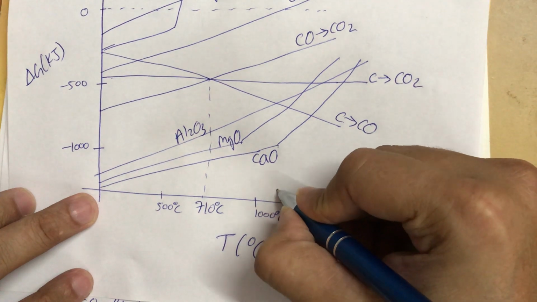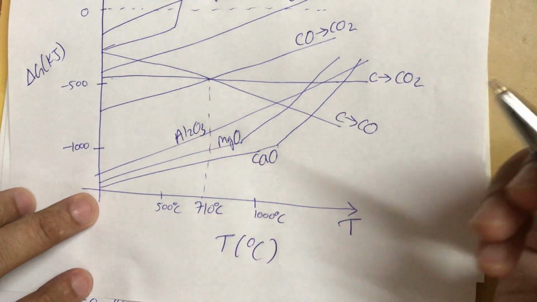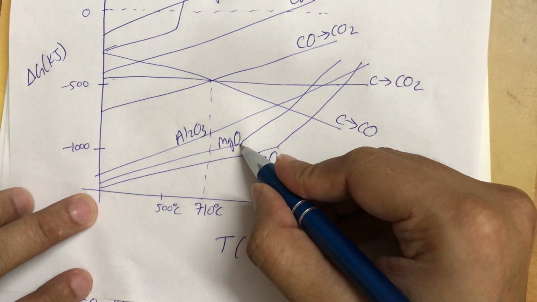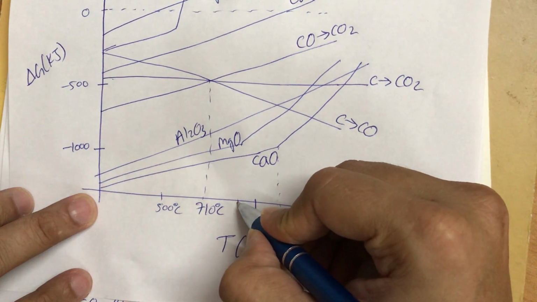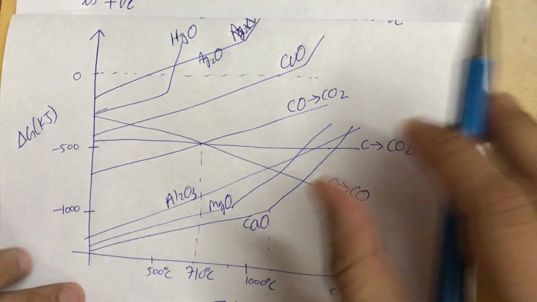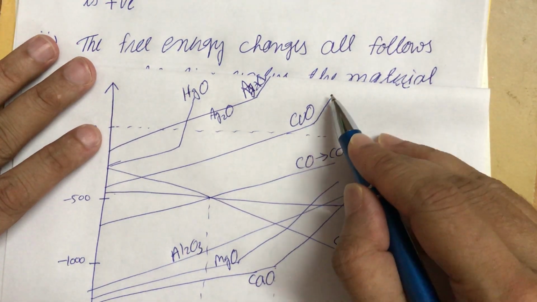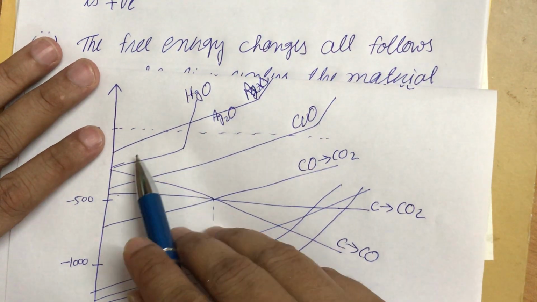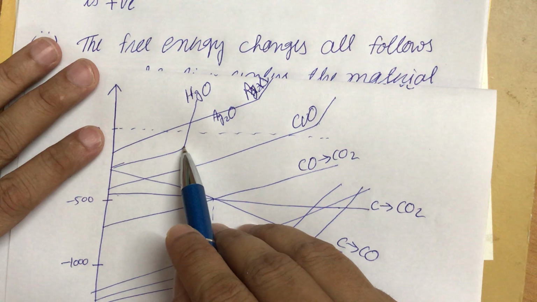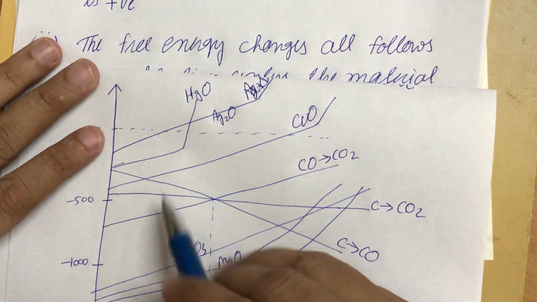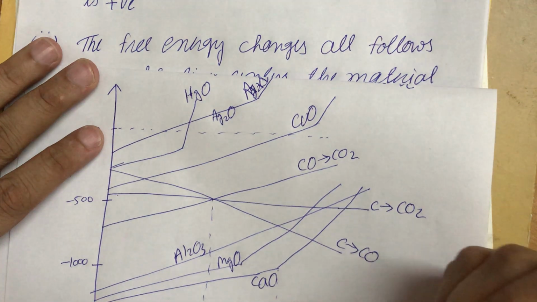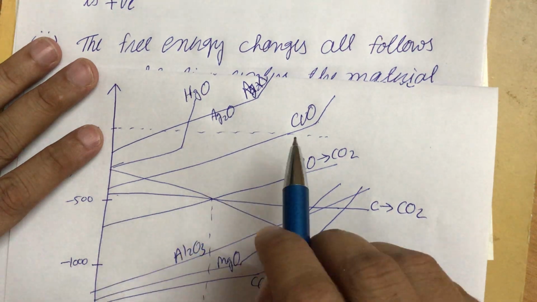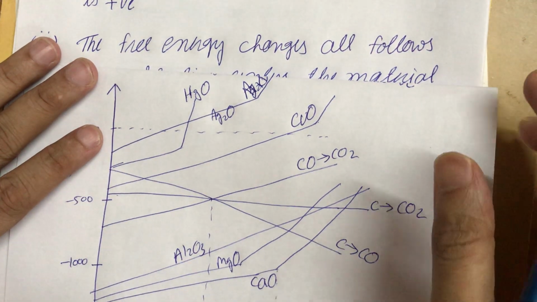So at this temperature, definitely calcium is converting into liquid phase. This would be the possible melting point of calcium. If you observe for MgO, this could be the possible melting point of magnesium. So whenever we get the change of slope, like for CuO, the slope is changing at this point. So this would be the melting point of copper. For HgO, Hg is generally present in liquid phase, so this would be the boiling point of mercury, where the slope is changing. So they follow a straight line unless or until the metal melts or vaporizes. Whenever the metal melts or vaporizes, their slope again increases.